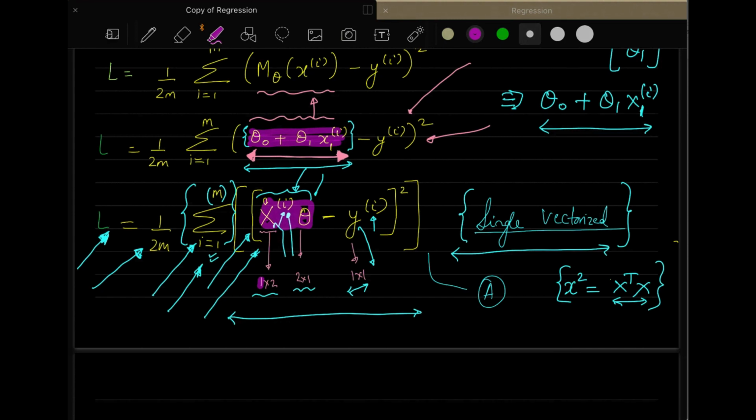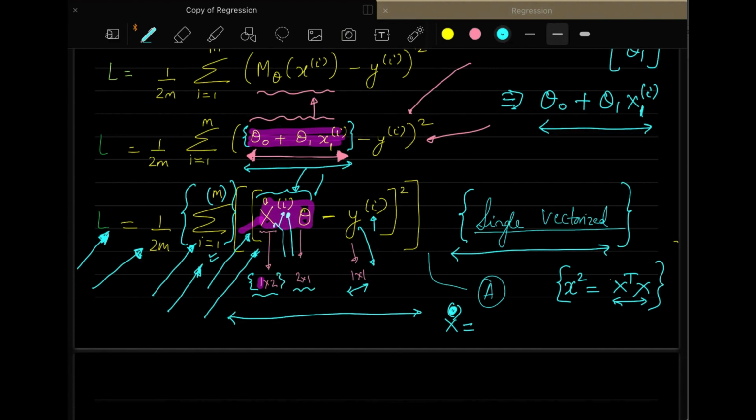But let's say we have two training examples in the single vectorization only. So now we have a 2 cross 2 matrix on the left side and the theta matrix, which is 2 cross 1, on the right side. No, this matrix will always be 1 cross 2 because you are taking an individual row of the matrix X tilde. You are not taking the complete matrix. You are taking a single row, one by one. That's why it is indexed by i. So the dimension will always be 1 cross 2.